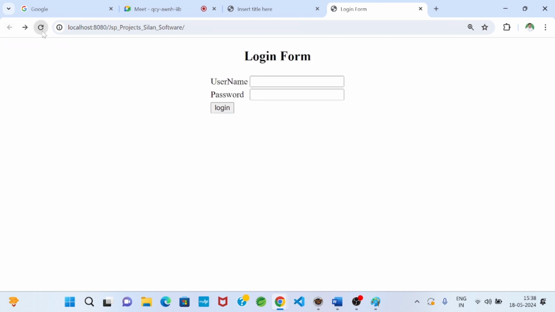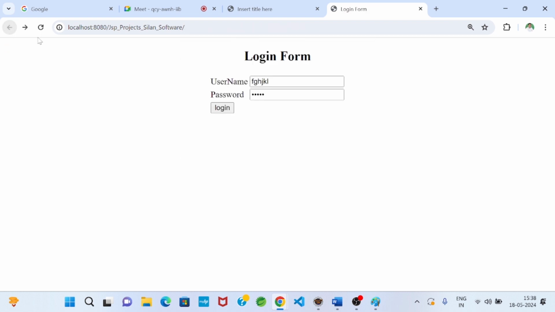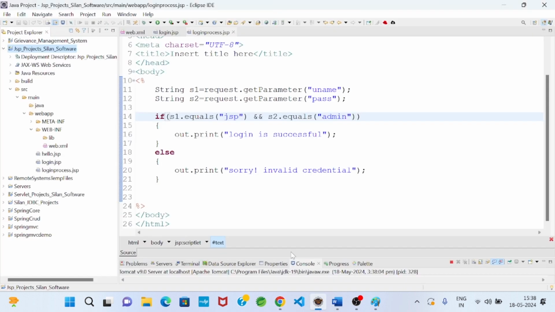You see, I got login is successful. This is the positive response message. And I will press refresh and write something else. If I click on login, sorry, invalid credential. So then valid credential you have to give, then click on login. So it is very easy. I hope everybody got clarity.